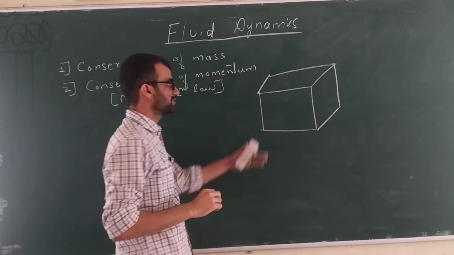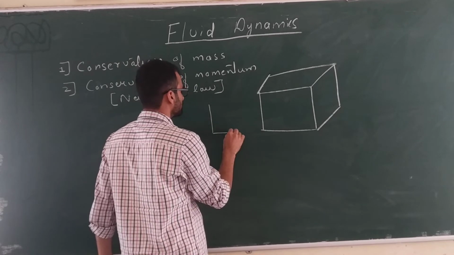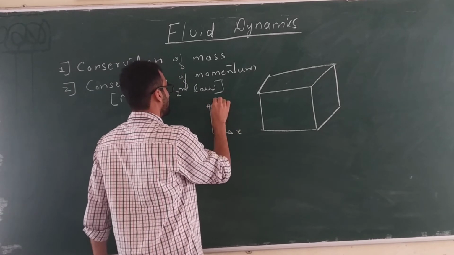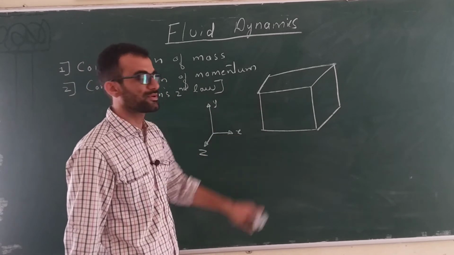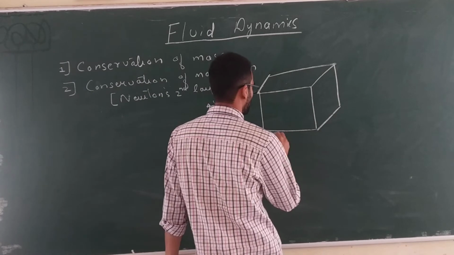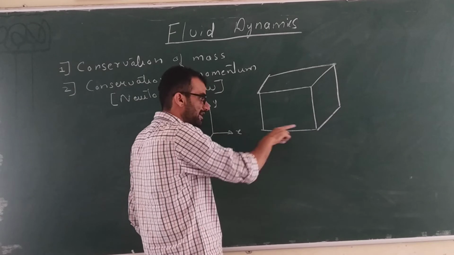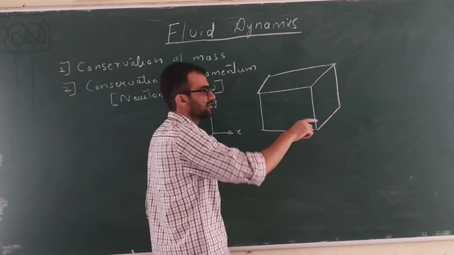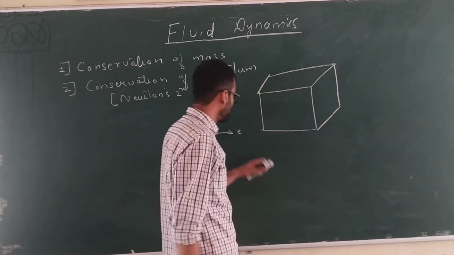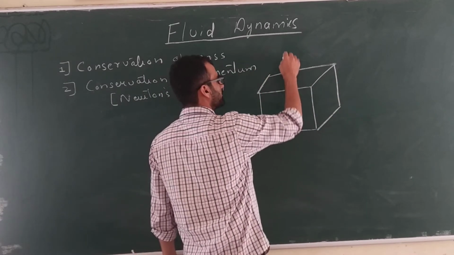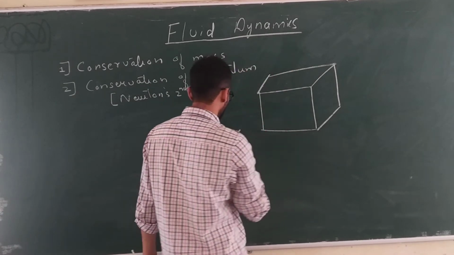Okay, now I have considered three planes. These are the x, y and z directions. I have considered three mutually perpendicular planes, Cartesian planes. This plane is a plane to which the x axis is a normal. So along this plane, if you draw a unit normal to this plane, that will be nothing but the x axis. On this top plane, if you draw a unit normal, it will be the y axis. On this side plane, if you draw a unit normal, it will be the z axis.